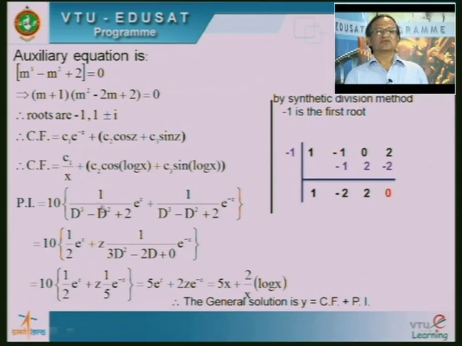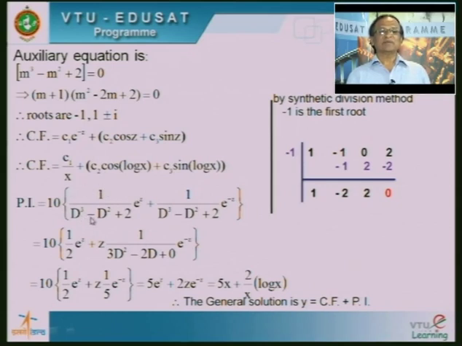Now, I can find out the particular integral of the first term and the particular integral of the second term. Is it clear? So, 10 is a constant, I will write it as it is. Again, I want to recall that it is of the type 1 upon f of D into e to the power ax. How we have evaluated the particular integral in the case of a linear differential equation with constant coefficients, exactly in the similar way, now we want to find the particular integral of this function.